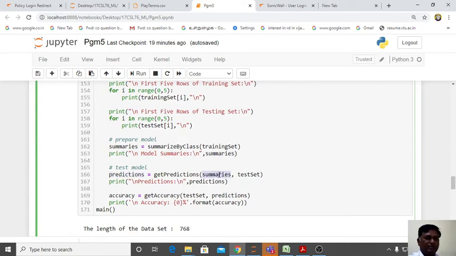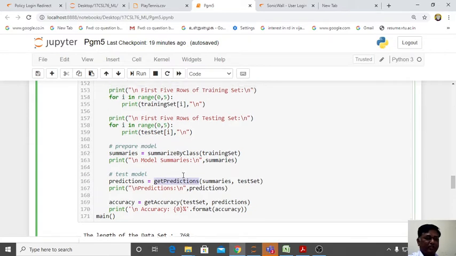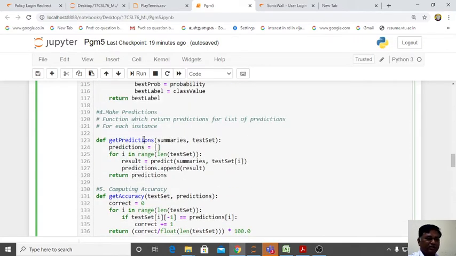So these summaries will be passed, and we will take the remaining test data. 20% test data we have. So these two are passed to this function, get predictions. You see get predictions, here is get predictions, coming your summarized data and 20% of test data. So one empty dictionary, and this for loop will run for all the test data set. Can you tell me how many data set? It is around 154, right? Okay, so that is stored in this variable. We are calling this function predict. So one by one you are passing your test data. First time you are passing first data, second data, third data, like that. So now we will see predict.